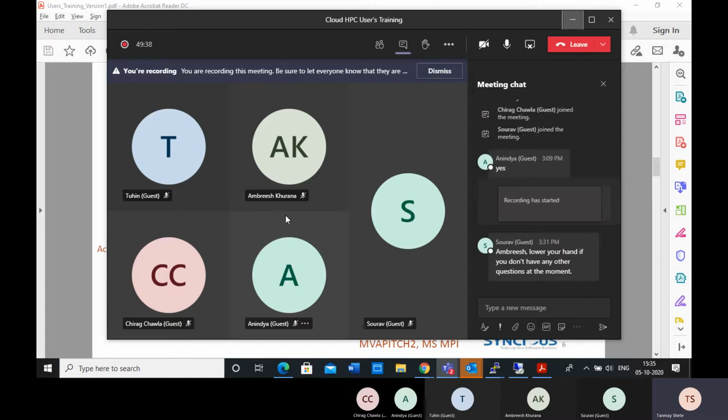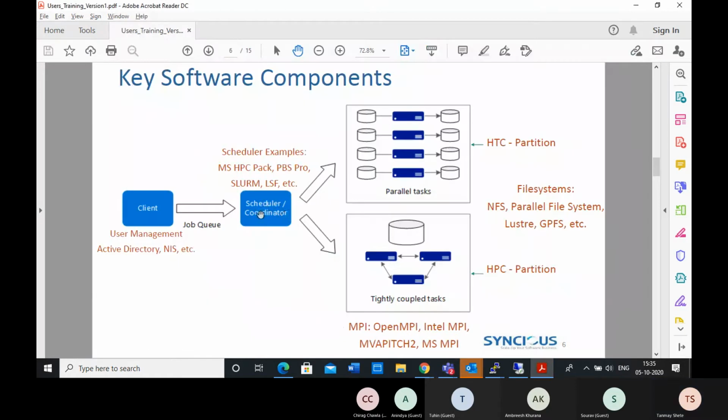So it will always be SSH key or RSA key based authentication, and you will not have username and password based authentication. So for this master node or the scheduler node, you will be connecting through SSH using a public private key RSA algorithm.